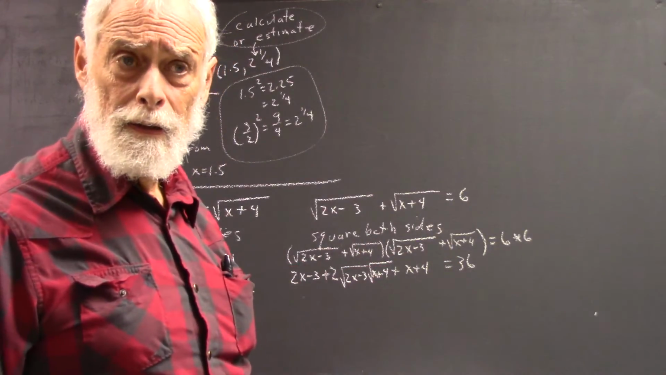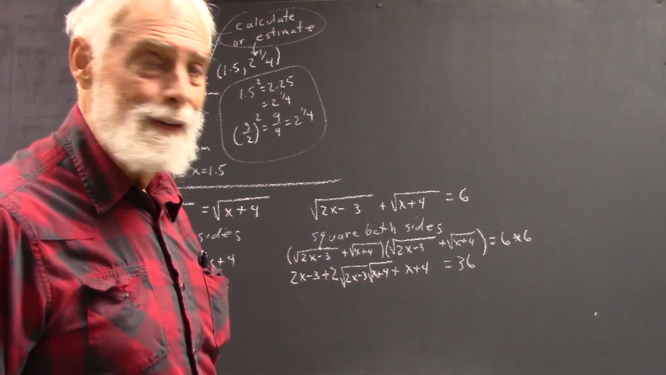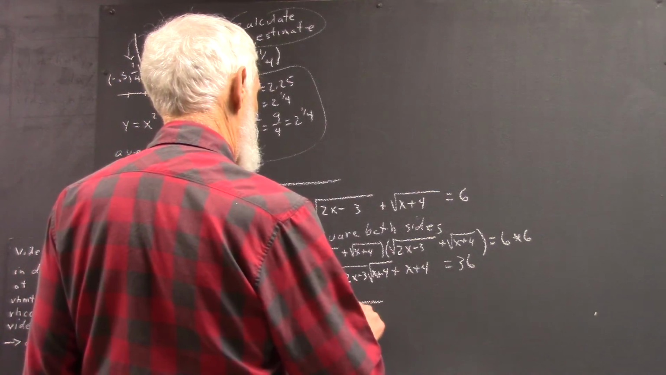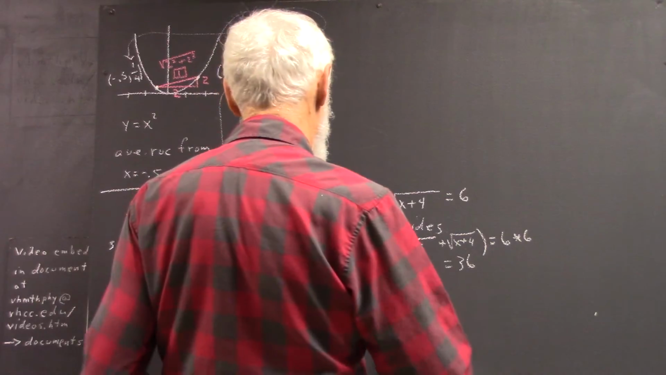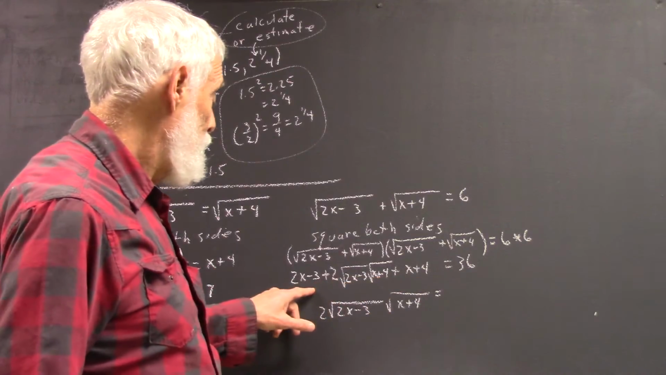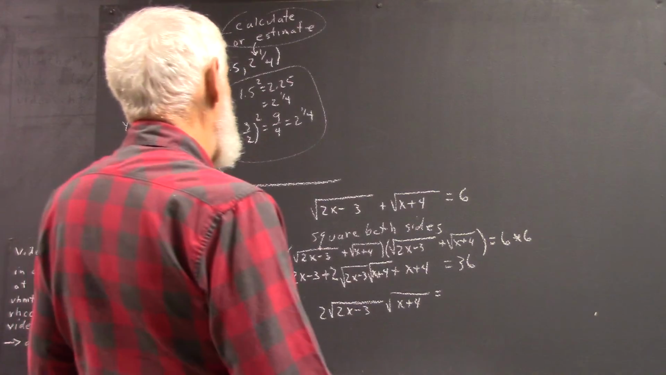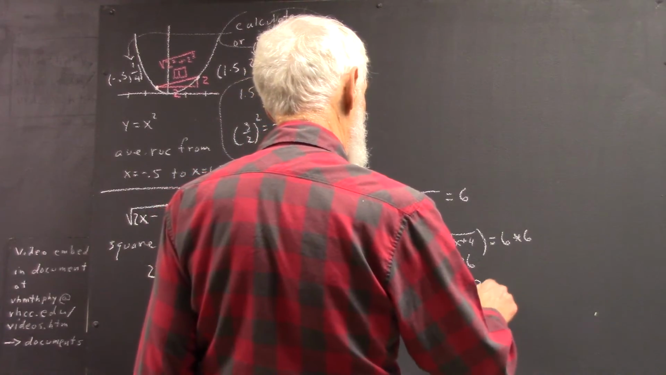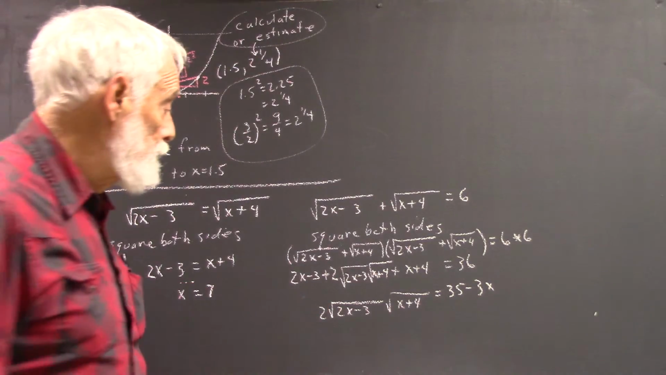What are you going to do about that? You still have square roots. Well, what you do is add this to this, I've got 3x. Add negative 3 to 4, I've got 1, right? If I subtract that from both sides, that's going to give me 35 minus 3x. Okay? Now when I square both sides,